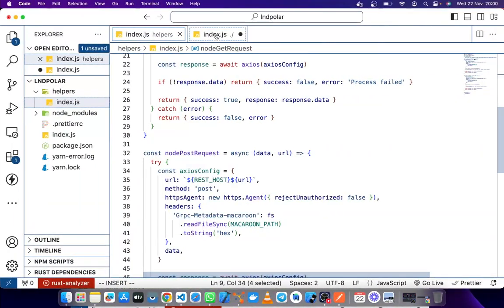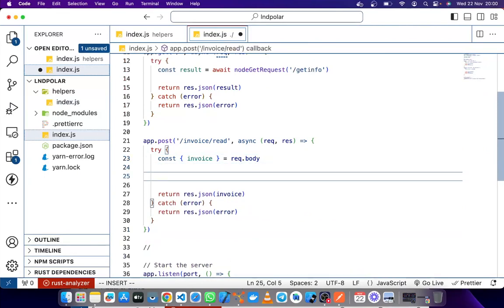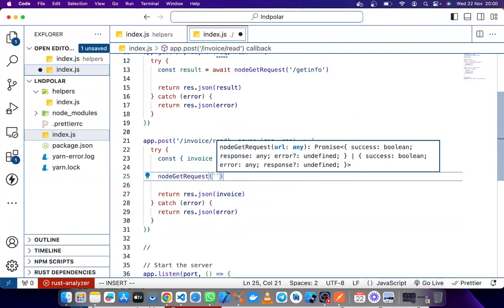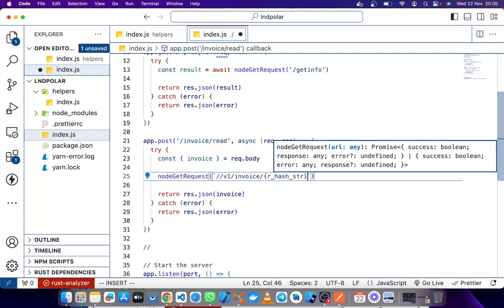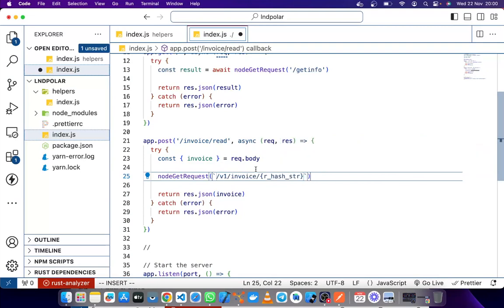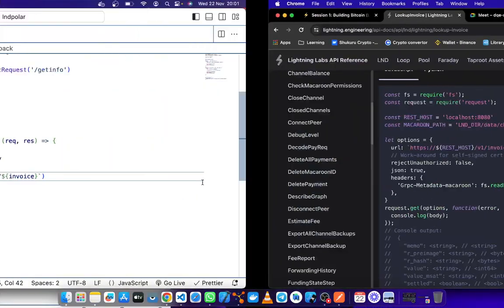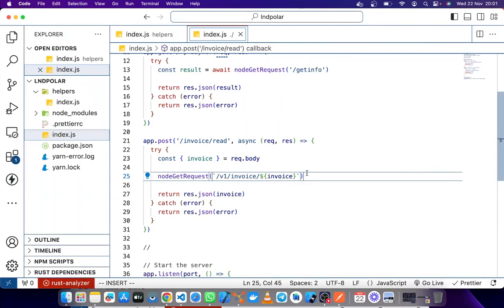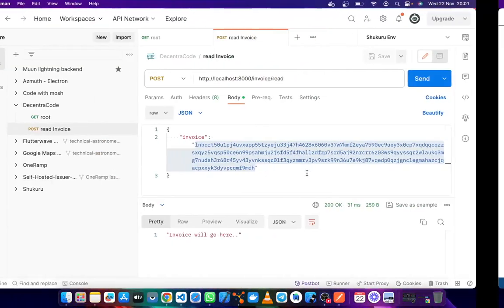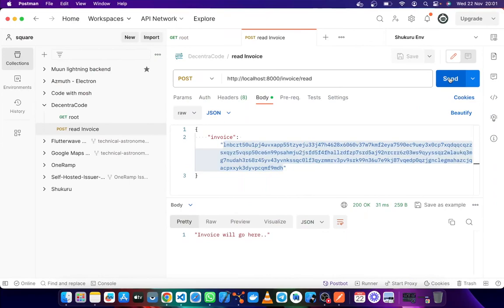So I'll go ahead and I'll use lncli, it's called node get request, get that. So the URL is that, and pass that through as the string, like how it's telling us. And before I do that, let me make sure that my invoice is coming through from this side.